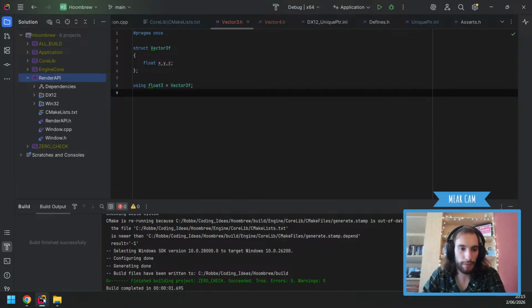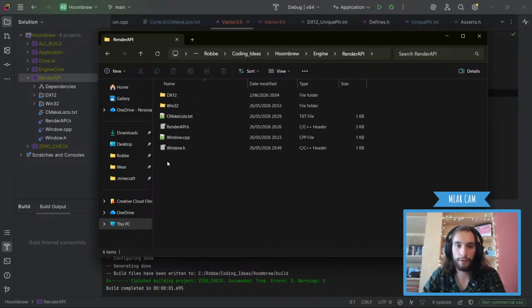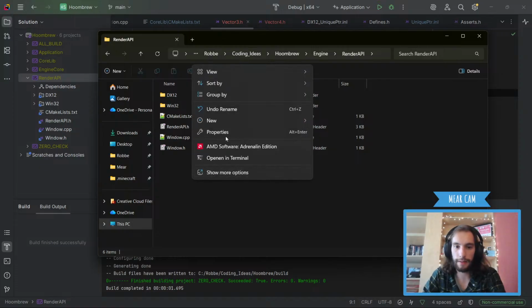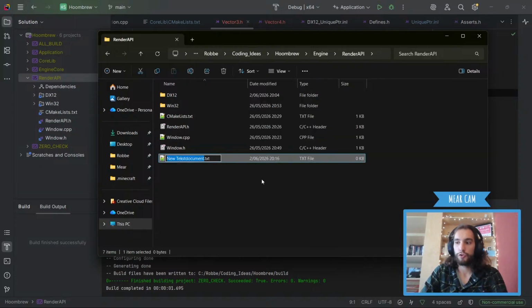So inside of render API, let's open our folder again. So let's go to render API. We're also gonna add a new file in here, but this one can be just under here. Yeah, that's fine. And then let's call it vertex data. No, let's just call it vertex for now. And then do vertex.h.